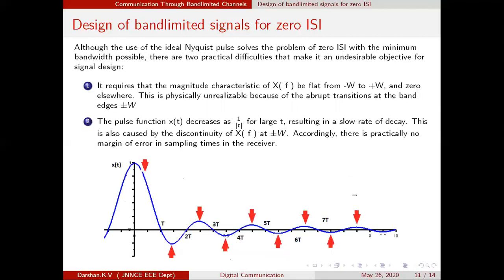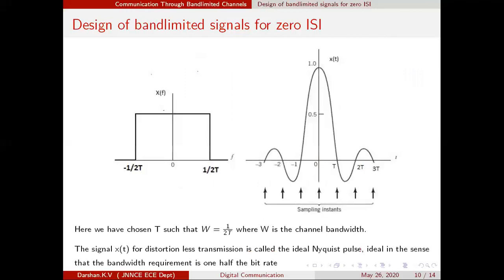Okay, so now let us continue. Just observe over here. Here we are writing T. You know what T is? T is nothing but the sampling instant. So T and W are connected by a particular equation. I will tell you what W is, and you already know what T is: the sampling instant or sampling time.